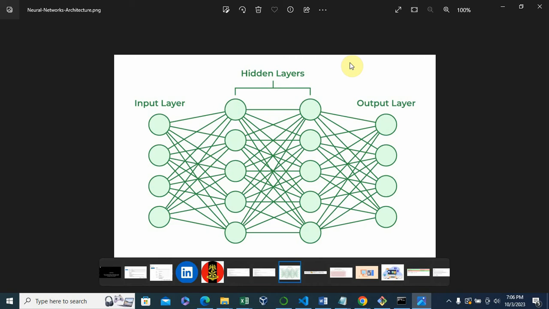It's the same thing with an artificial neural network. Everything is in layers. All of this together is called a model, and this model has layers. So if anybody asks what a model is, it's a combination of layers.